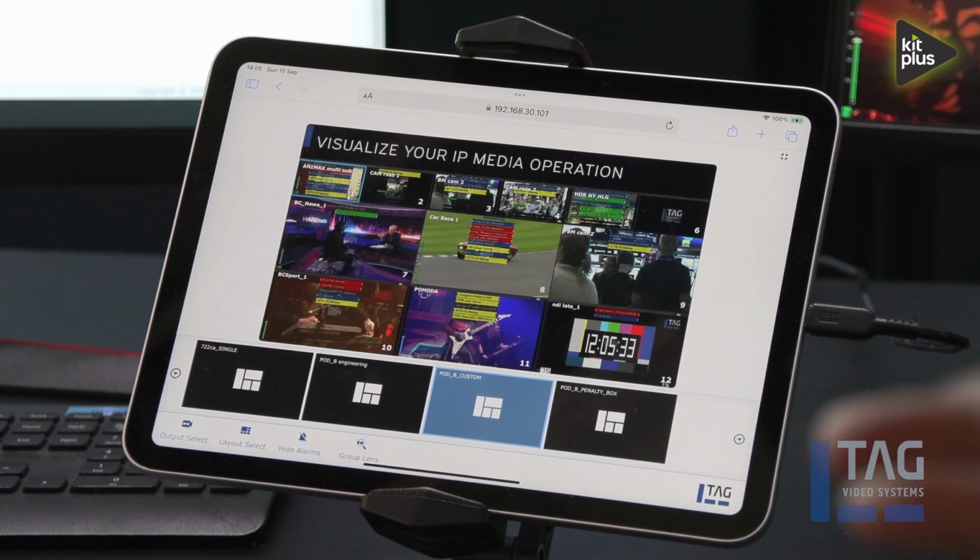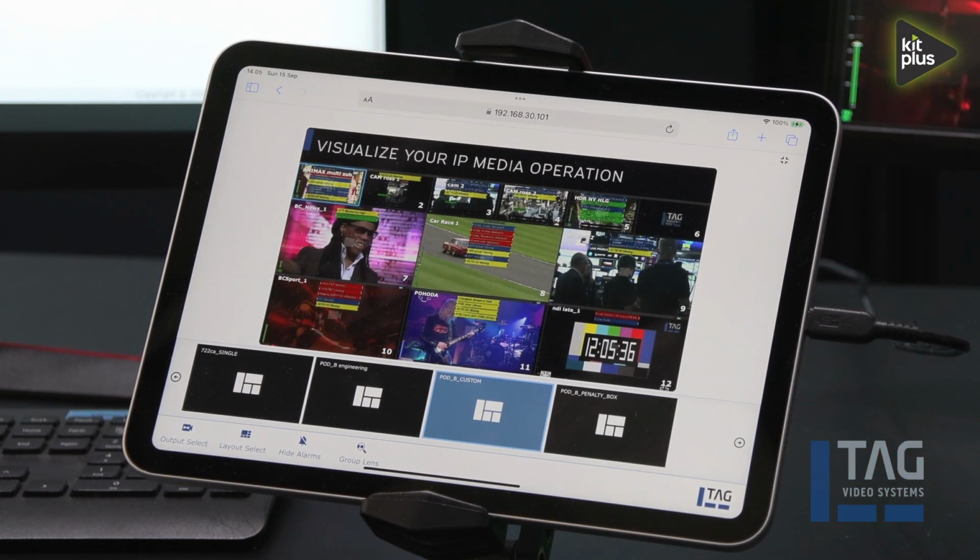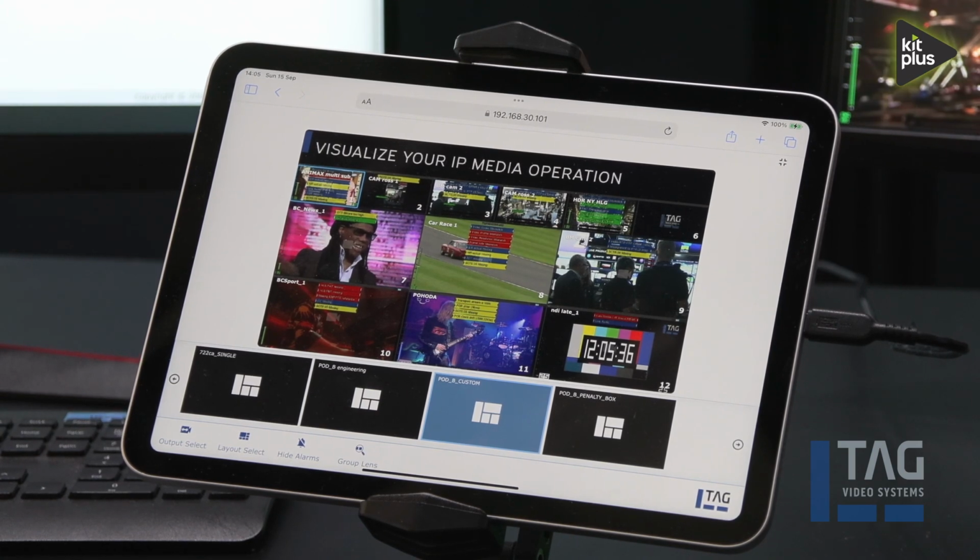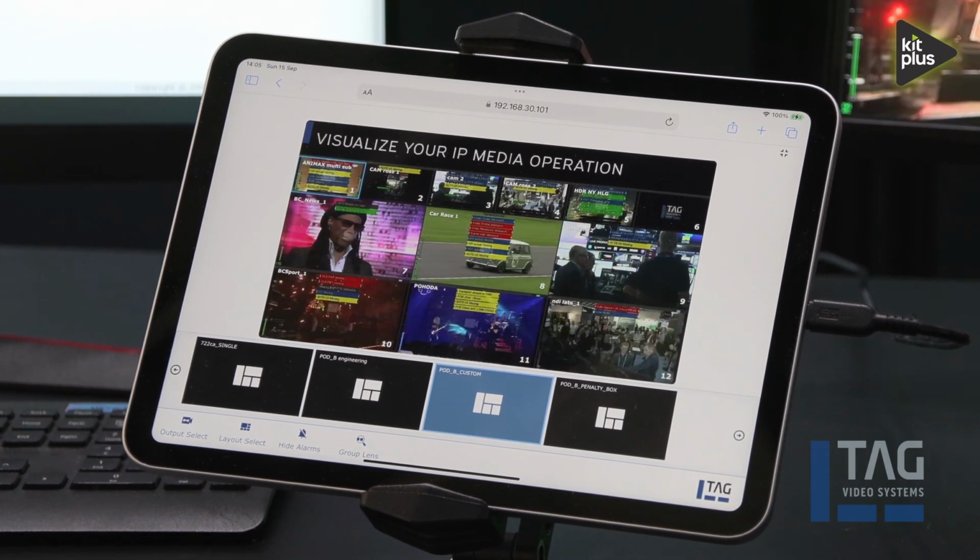Very exciting is what's called Operator Console. We now have full tablet-based handheld control of the entire system, all functionality in your hand. Walk around your studio, control your monitor wall, control your entire estate from a handheld tablet application. Very slick indeed. We love that. We just won an award for it.